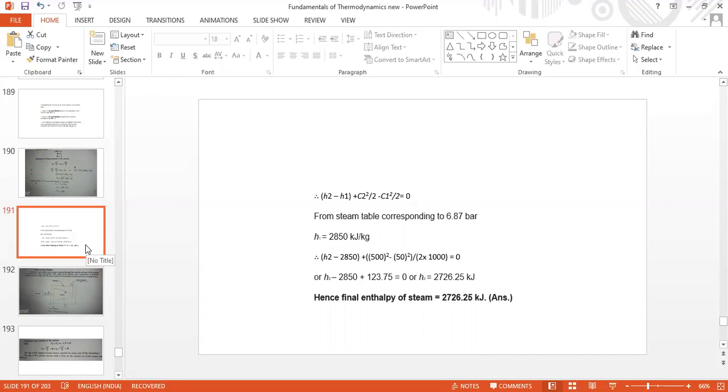See here, while deriving the steady flow energy equation, two concepts are used. Continuity equation we discussed, which is mass flow rate. As you said, constant flow, m dot in equal to m dot out. In the equation form, you should say like that. Or rho A C equal to constant, where rho is density, A is area, C is velocity, or area into velocity by specific volume is constant. That much lengthy sentence is not required.